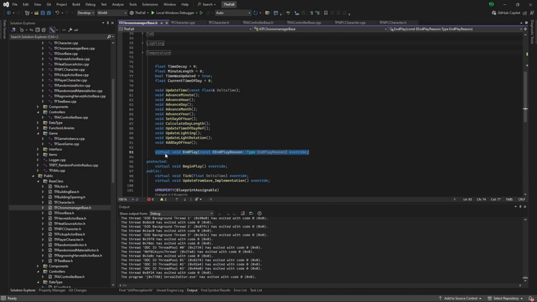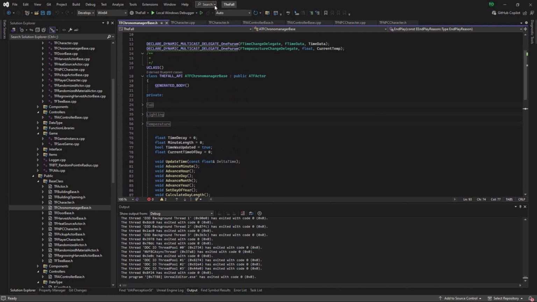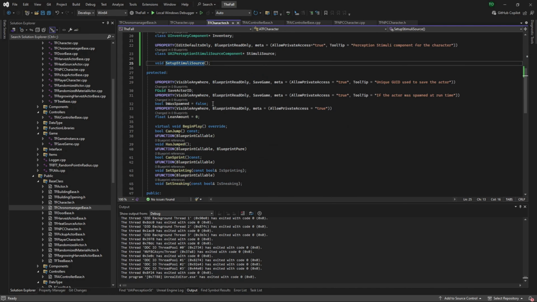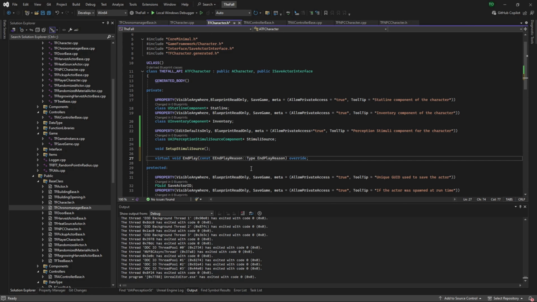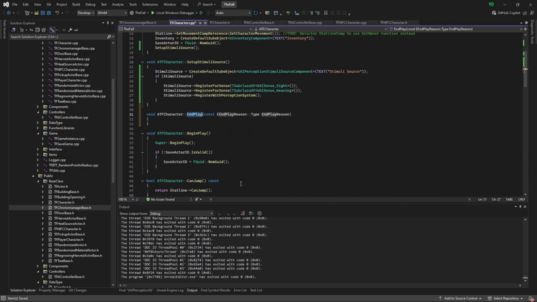What did I have? Was that private? Yeah, that was in the private section. And we're going to throw that in here right under the setup stimuli source. Now the reason for this is, as I mentioned, we need to unregister with that. Otherwise you're going to end up with